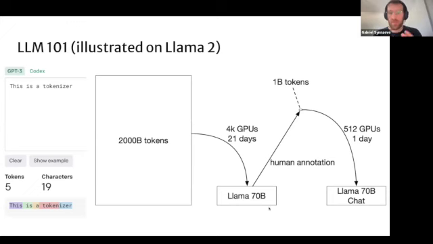But at this point, all this model can do is, if you give it the beginning of a text, continue with the most likely continuation for the text. And if you want something that actually takes turns of speech and answers you, you need to fine-tune it to really teach it, okay, now when I give you a prompt, you need to give me the answer, not the continuation. And what we do for that is human annotations and fine-tuning. For Llama 2, the number of tokens that went into this was 1 billion tokens, right? So this is a tiny amount compared to the pre-training dataset. You can train the model with this amount of data with 512 GPUs for 1 day.